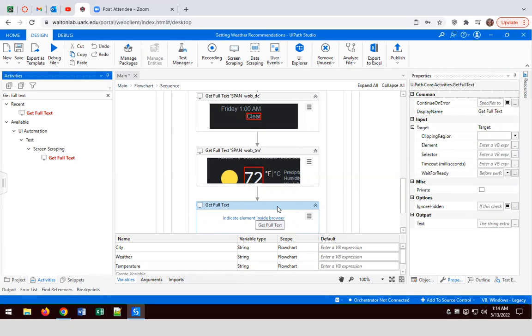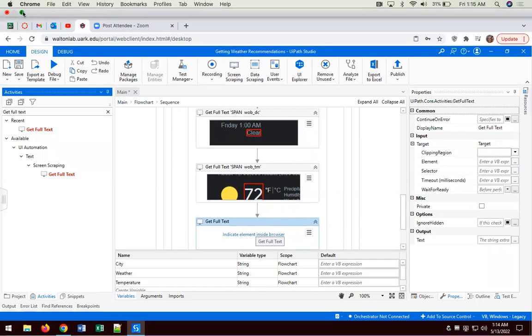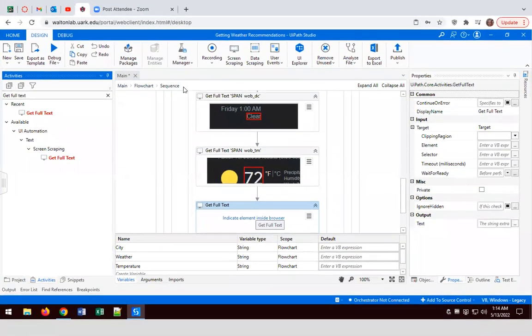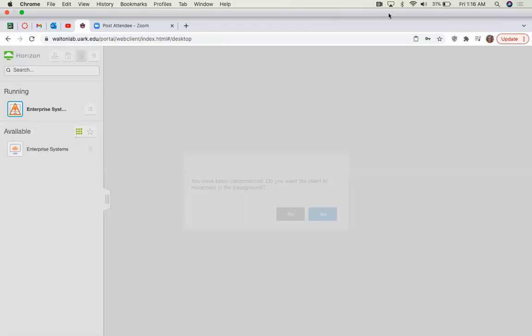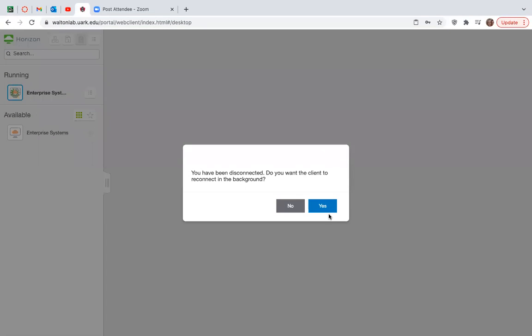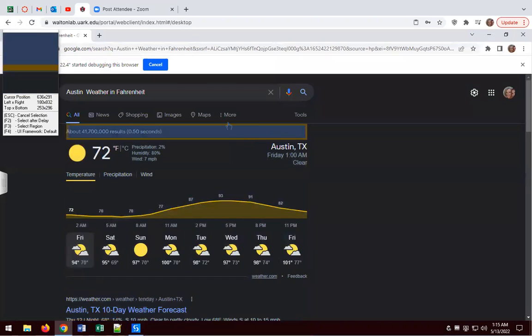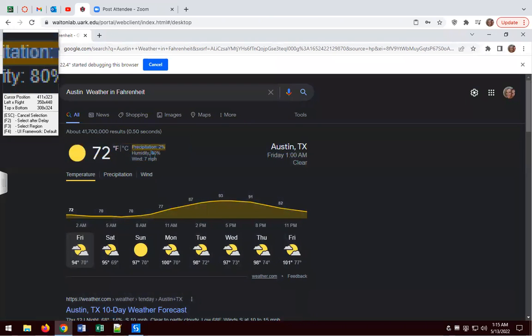This must be loading again. I'll pause. Oh, must have disconnected. Okay. So let's do one more. Let's do, I guess we can do